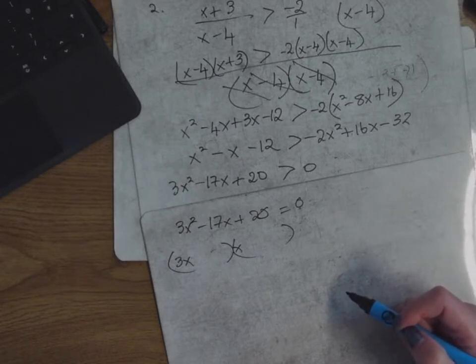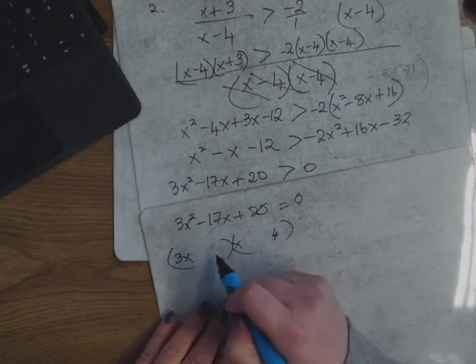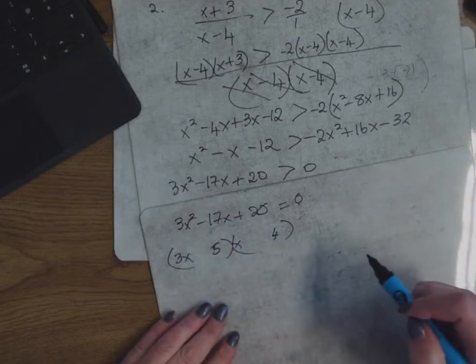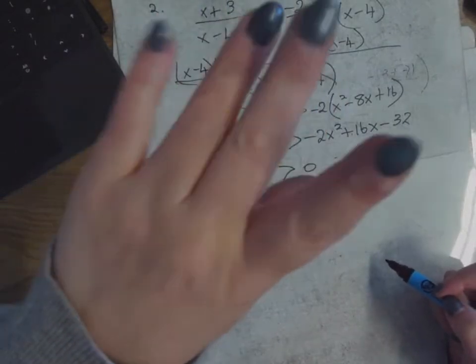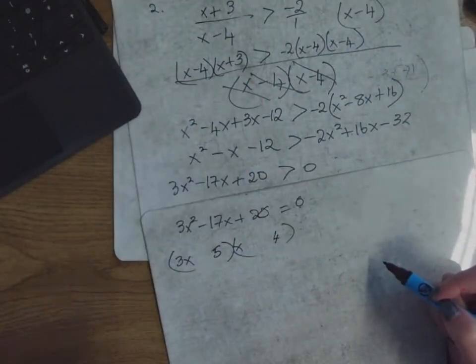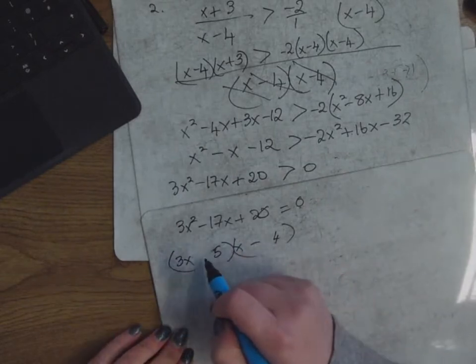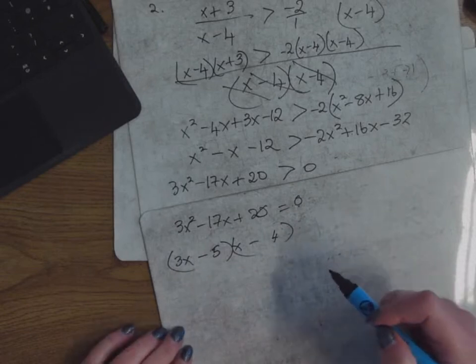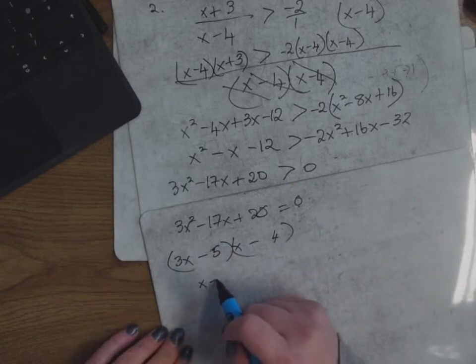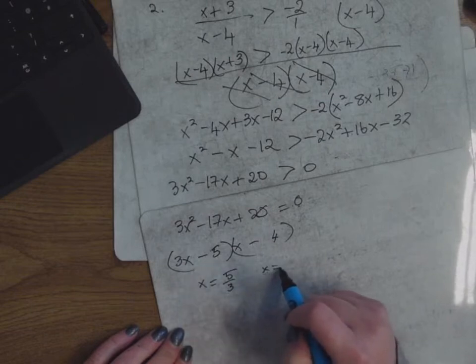Like with that quadratic equation, I got the answer. 3 fours, 12. Actually, it's fine, I haven't made a mistake, but you got what you got. Look, we're learning the technique as opposed to the answer, because I know it's a typo. A minus and a minus will give me minus 5x minus 12x, which is minus 17x, so I'm right. So that gives me x is equal to 5 over 3 and x is equal to 4 over 3,